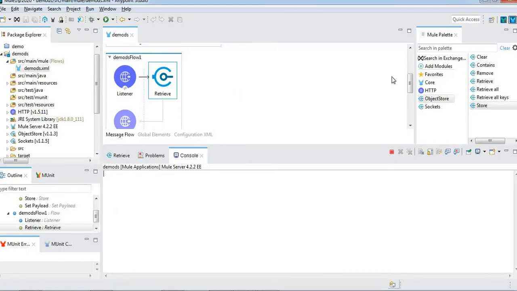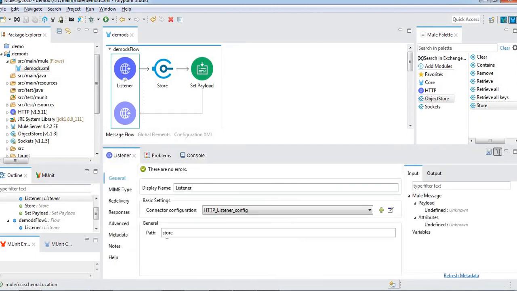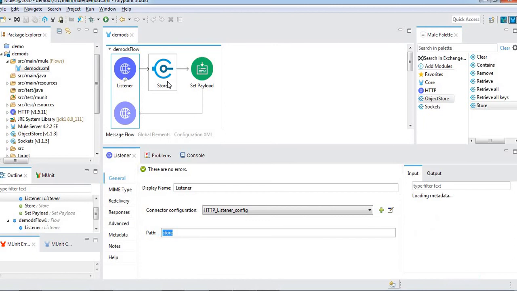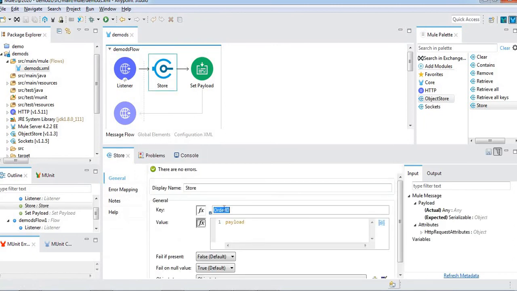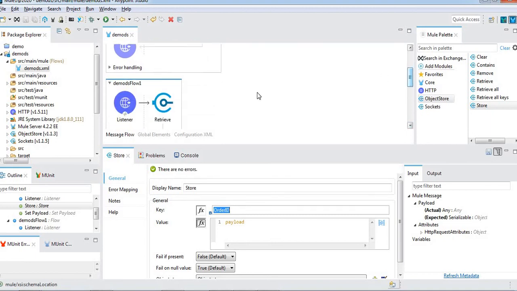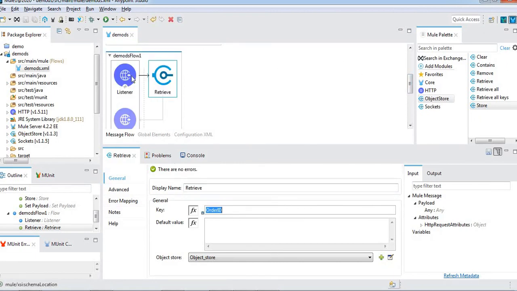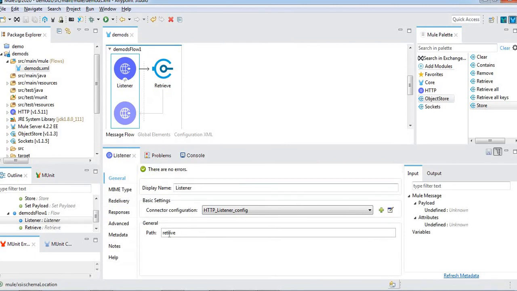Here is the listener, this is the store path, and with the key order ID it is storing into this key, and the same key we have used in the retrieve section. This is the retrieve path.